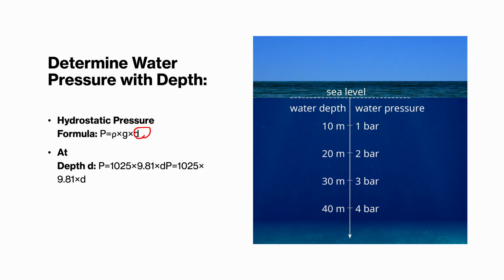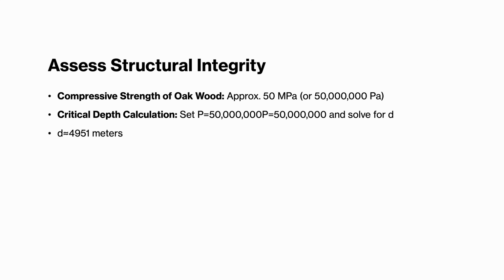The density of water is 1,250 multiplied by 9.8, and we need to calculate the pressure. The compressive strength of oak wood is approximately 50 megapascal. So we have the pressure, and based on that we can calculate that the maximum depth we could achieve is